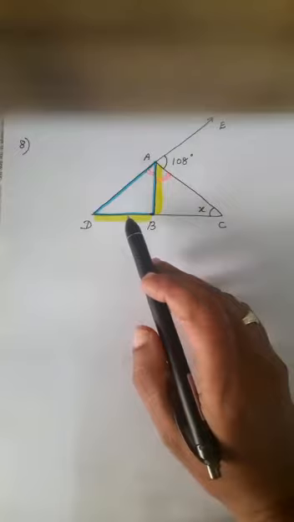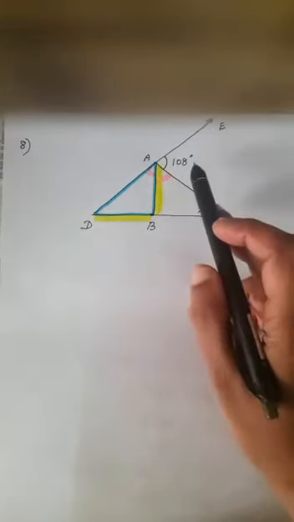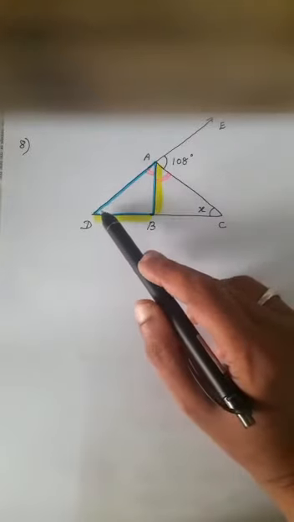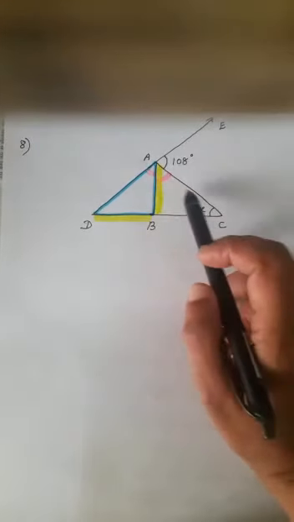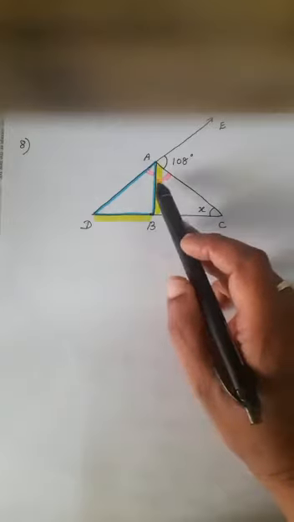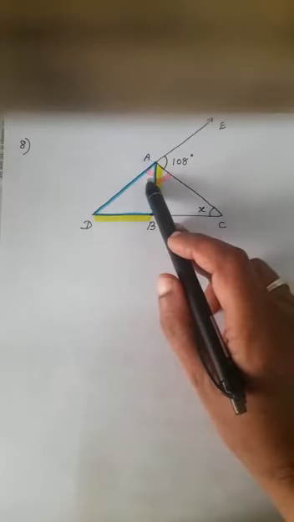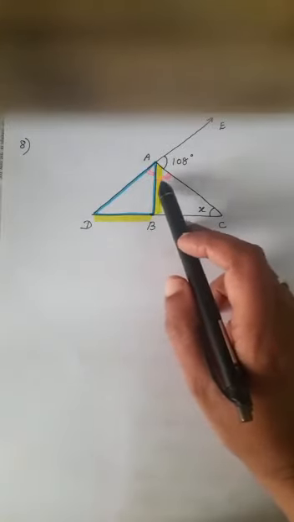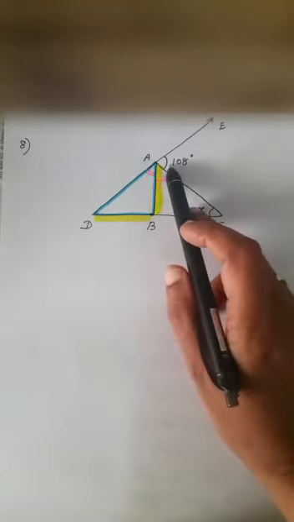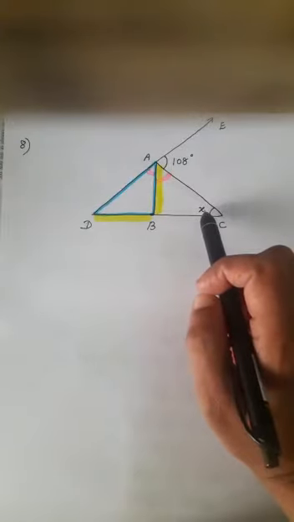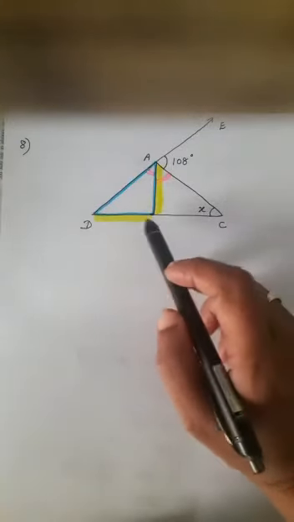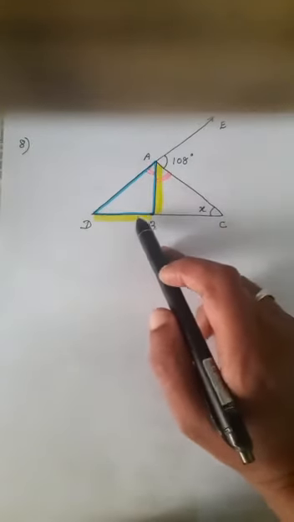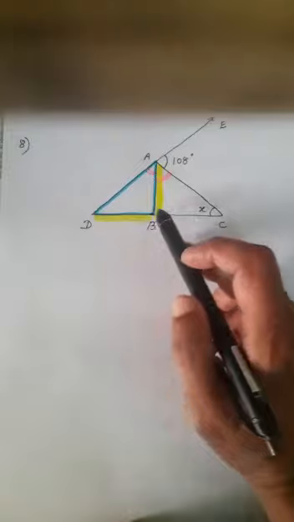The seventh question states that this is the figure given. In this, AB is dividing the angle DAC. If AB divides, then it means that it is the angle bisector, which means this angle and this angle, which I have marked in pink color, those two are equal. This angle is given as 108 degree. You need to find X, and one other condition given, see the highlighted with fluorescent color, is AB equals DB. How are we going to prove?